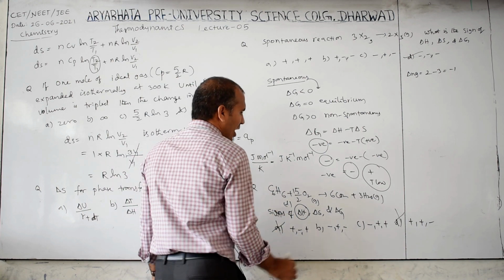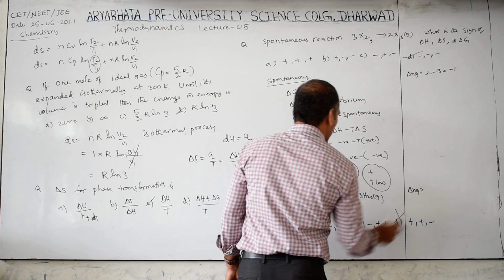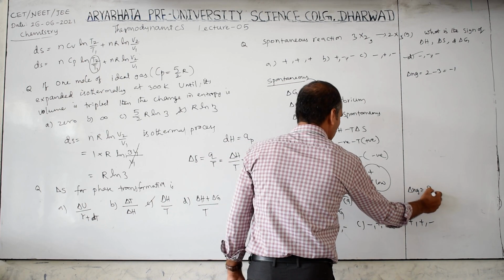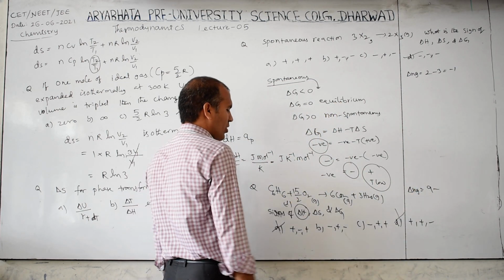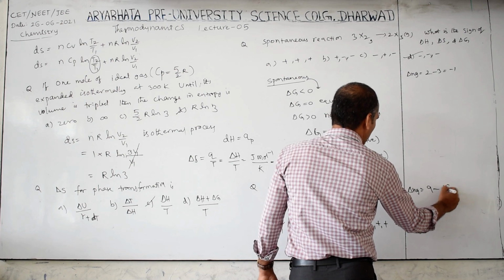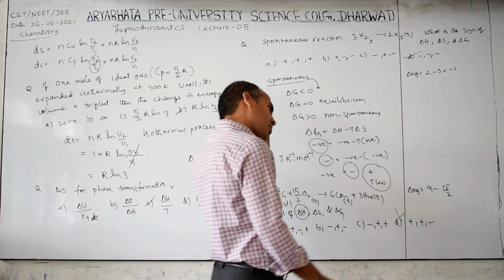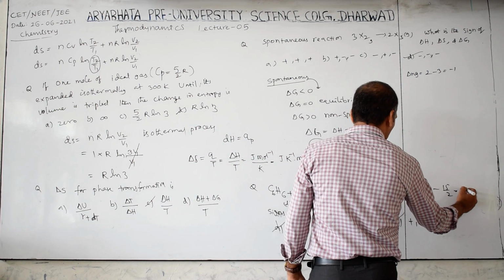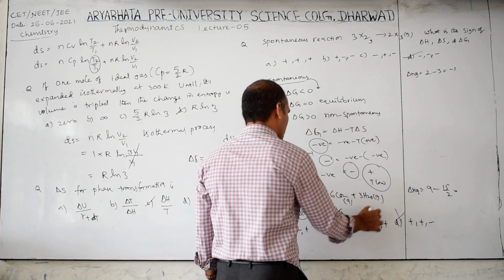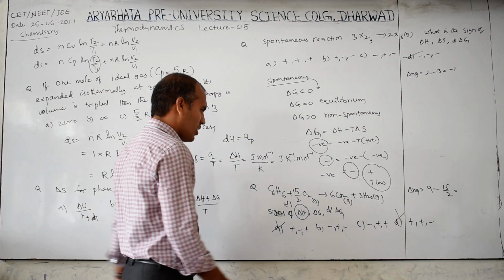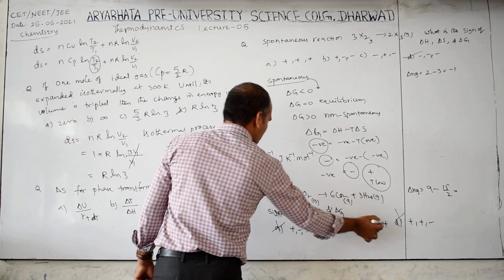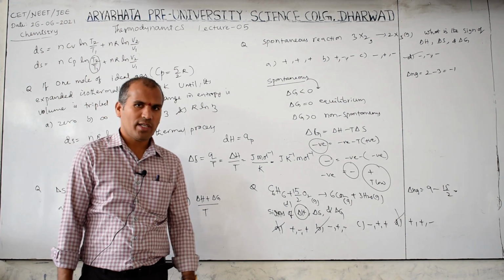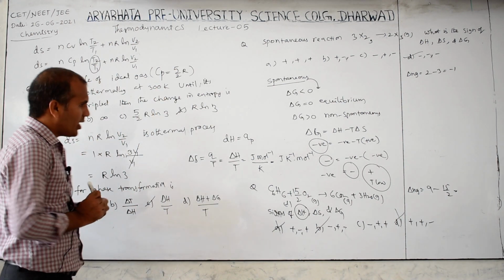Next, delta S. Calculate the delta Ng value: product 3 plus 6, this is also gas, is 9, minus 15 by 2. 9 into 2 is 18, 18 minus 15 is 3 by 2, then we got a positive value. So delta S is positive, and delta G, for a spontaneous reaction, is therefore negative. So here positive is there, here negative is there, option B is correct, because delta G is negative for a spontaneous reaction. Combustion reaction is one of the spontaneous reactions. Okay.